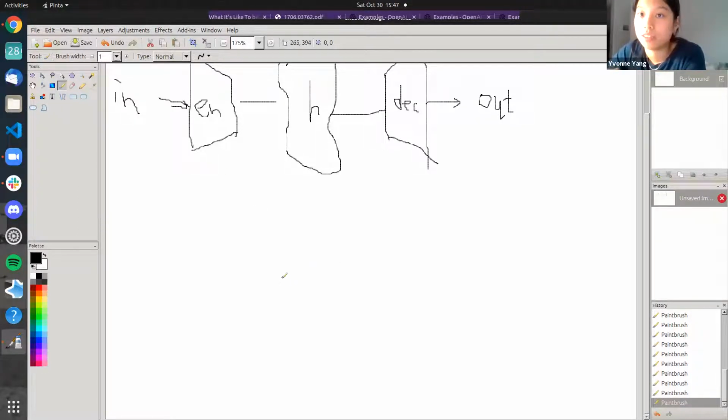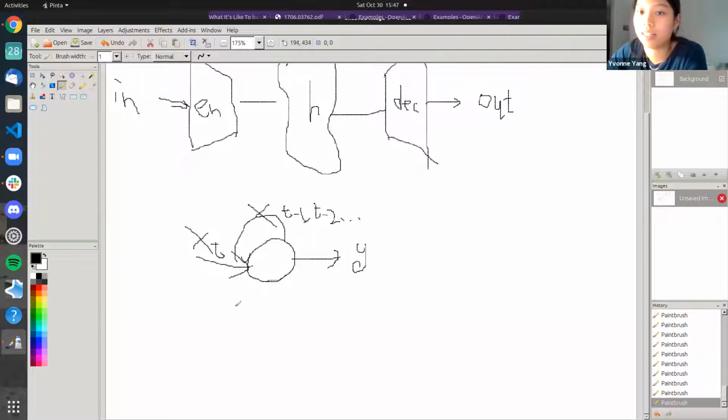And the way you do this is, remember how our RNN takes in the inputs, for example, x at t minus 1, and then x at t, and then the output is actually a combination of x at t minus 1 and t minus 2, and everything before, to the output, right? So people like to write this as an expanded form